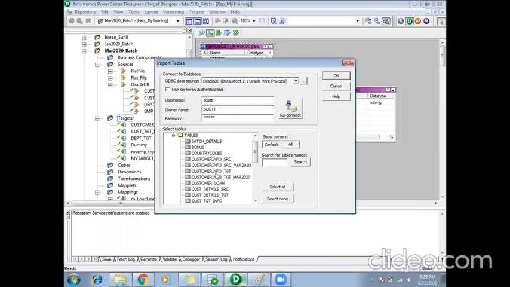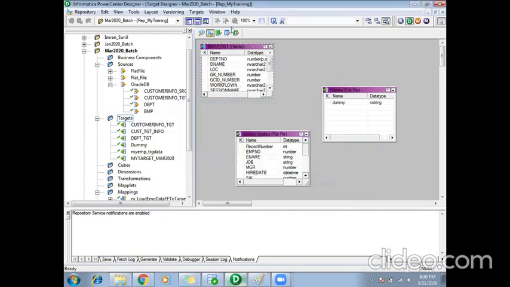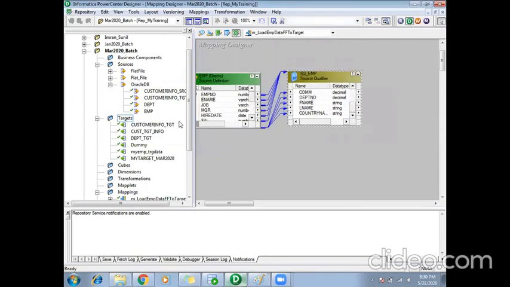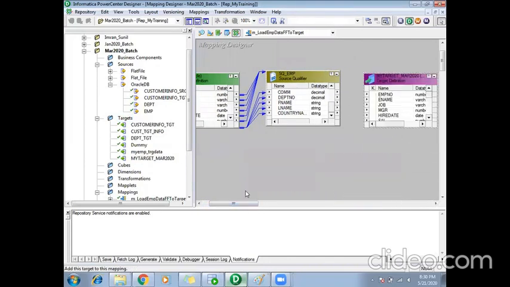These two we will be using now, so I'm just re-importing them. Department target. Okay, so I will take my employee target here, my EMP target. Fine.